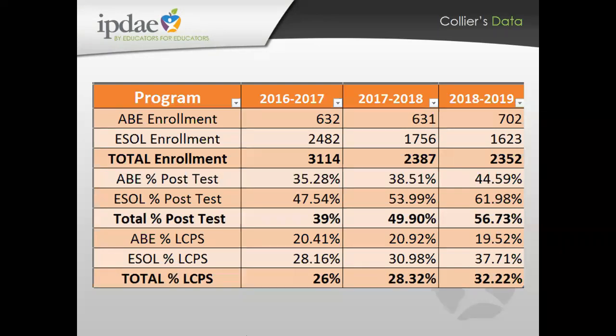Now, this data is for all of Collier County, the Naples area, as well as the Immokalee area. Towards the end of the presentation, we're going to show you the Naples area data that we're projecting for 2019-2020. And we're able to arrive at that based on some reports that we're able to run through our student information management system. So as we're going through this, I think some key pieces to keep in mind